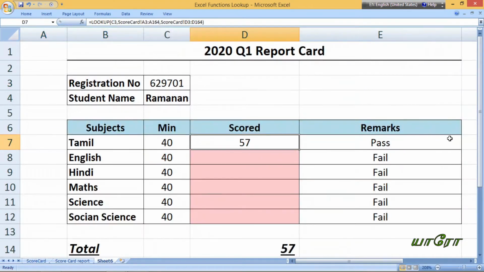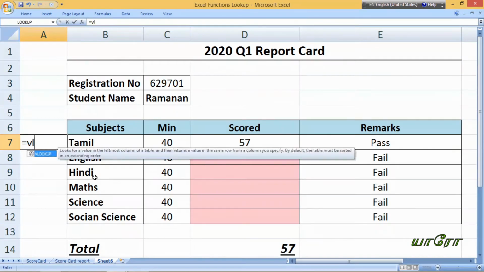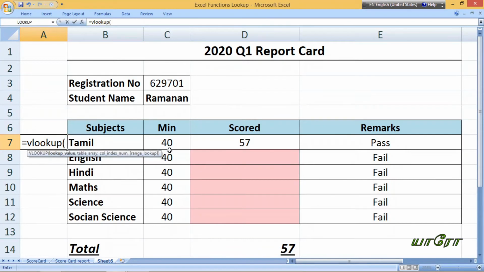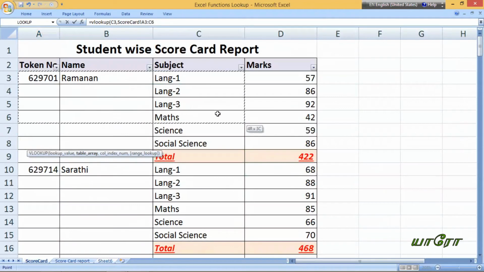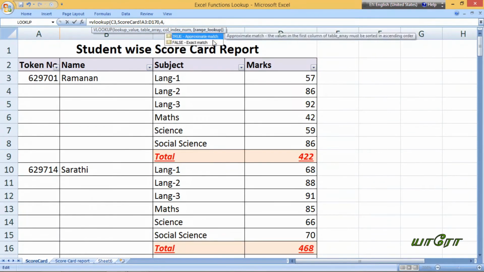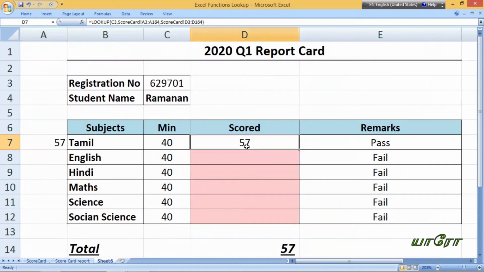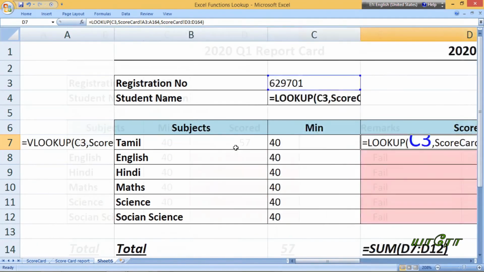For your easy understanding, I put VLOOKUP here for the same search. This value I have to search in this entire table of 170 and I want the result from the fourth column, 1, 2, 3, 4, fourth, and the match should be an exact match. See, 57 is coming. The VLOOKUP, for your understanding, this is what